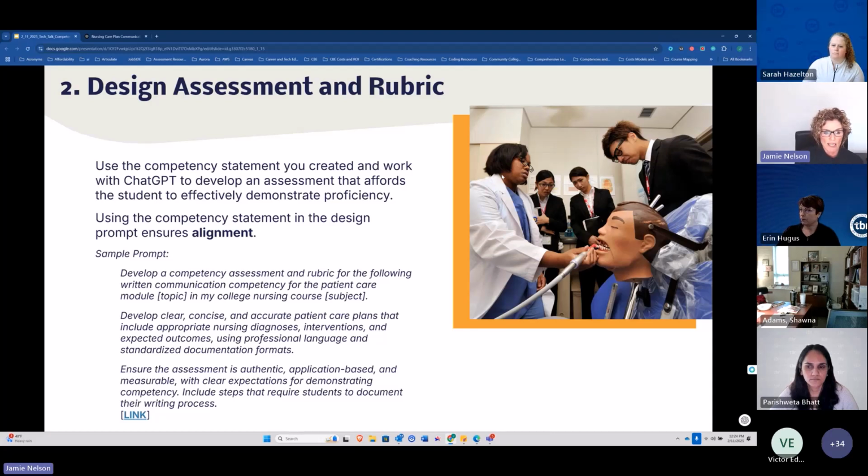Okay, so here we are, step 2. We have a competency statement and we want AI to assist us in designing an assessment for that competency statement. And so my prompt has gotten a little bit longer here. I will say my prompts are starting to get longer now. I've been using these tools for a little over a year and a half, and that's only because I've gotten used to how the tool works, and that just comes with time. And I would say to you, if you're looking at someone's prompts and you think, oh my gosh, I wouldn't even know to add that information in,